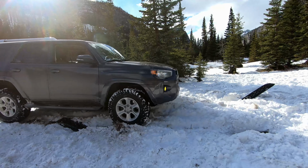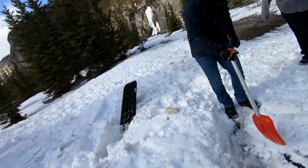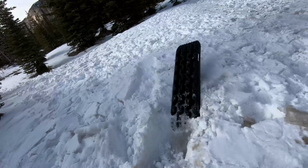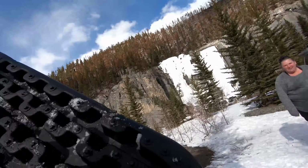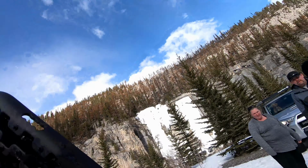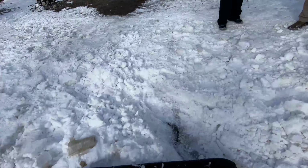Oh yeah. No, seriously, like they didn't work. There's your tire track, and there's the XBull board. That went sideways. They have any nibs left on them? They have nibs left on them. That's probably what we were hung up on. Okay, well,